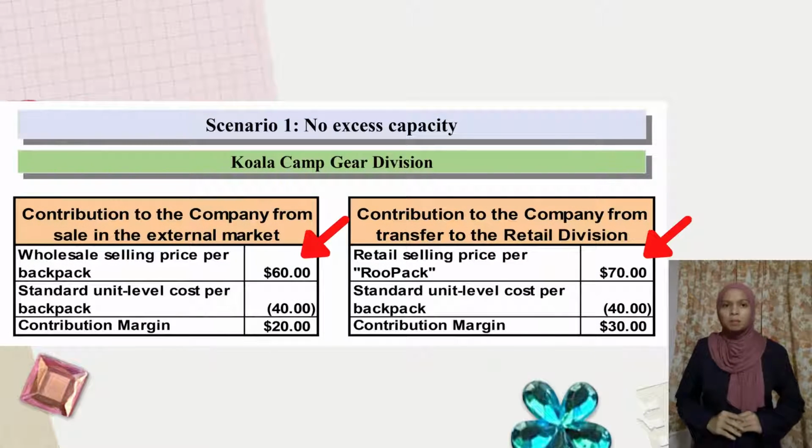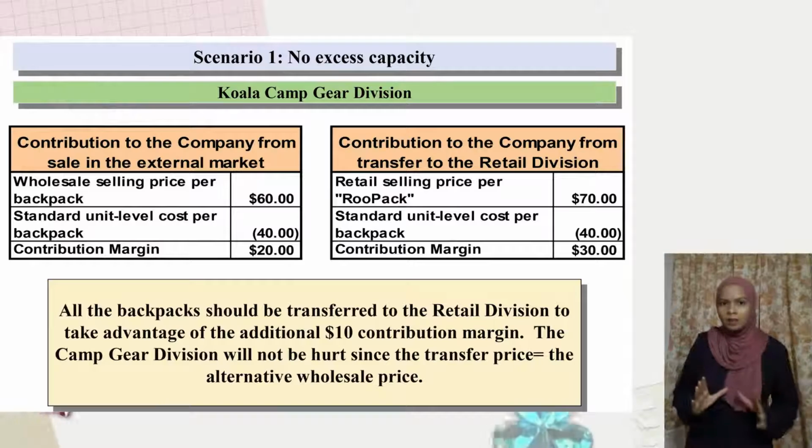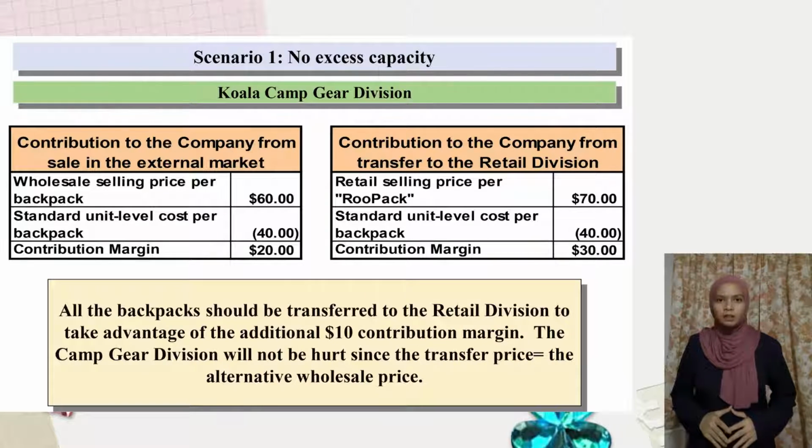Assuming that the backpack can be sold on the wholesale market for $60 and on the retail market for $70, what is the best way for the company to use its limited capacity? All the backpacks should be transferred to the retail division to take advantage of the additional $10 contribution margin, which is the contribution margin of the retail division, $30, minus the contribution margin of the external market, $20. The Cam Gear division will not be hurt since the transfer price equals the alternative wholesale price, which is